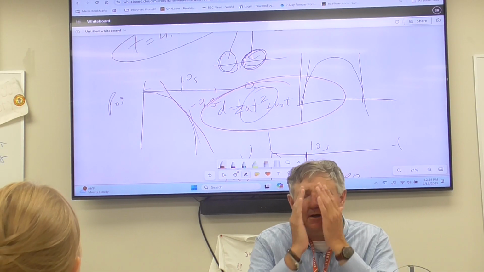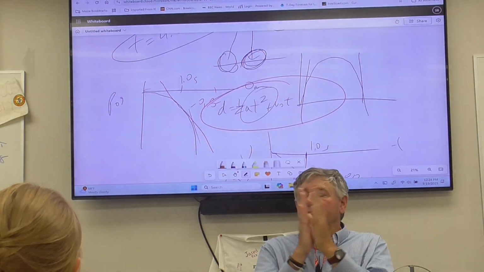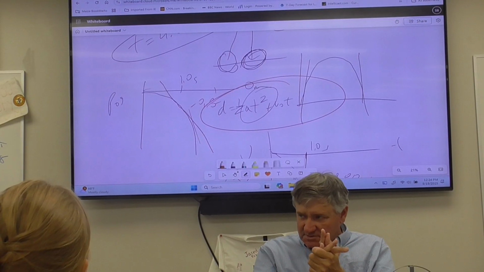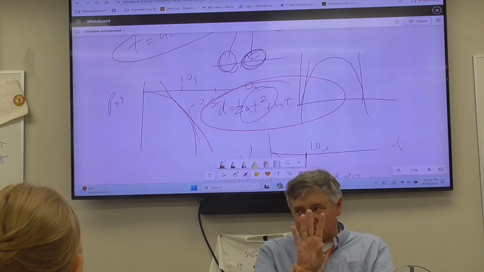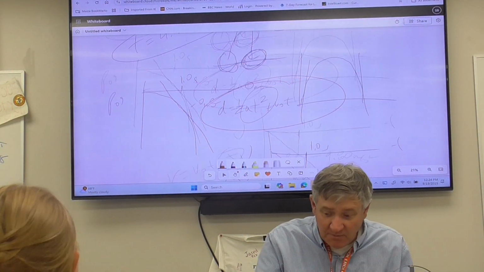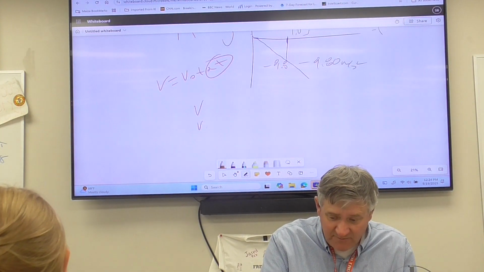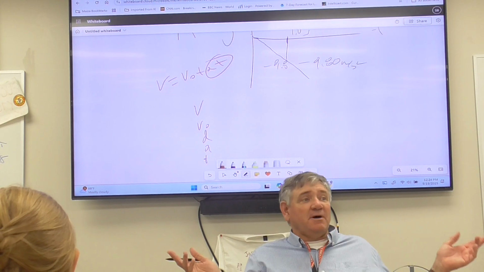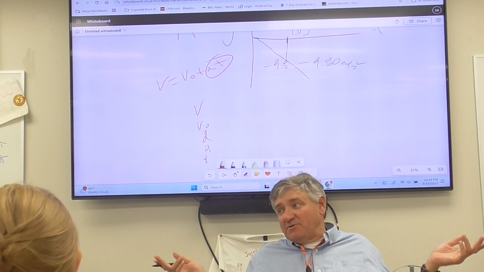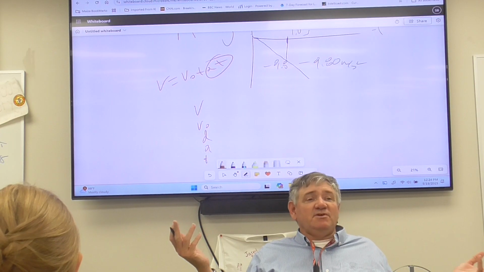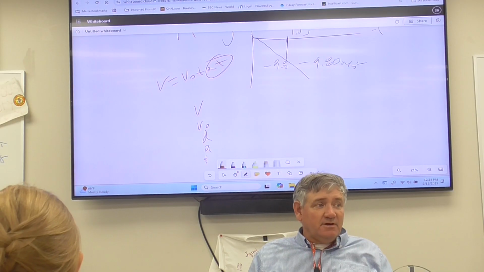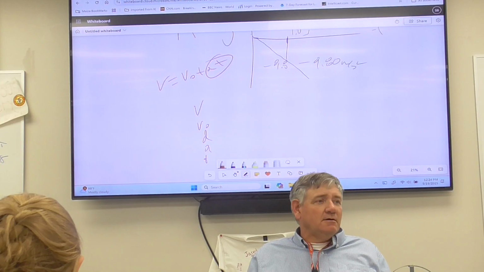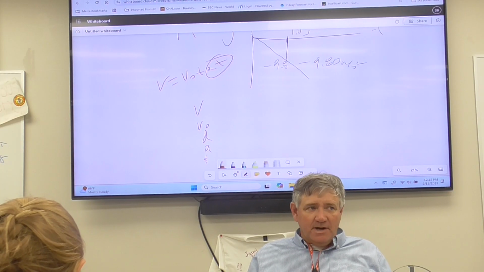Big thing: do not get completely wrapped up in the equations. Solve the equation first. You only have 4 equations to choose from, and you only have 5 variables: v, v naught, distance, acceleration, and time. You don't have to worry about mass. You can't plug mass into these equations if you try. You know why I've never given you the mass of the squirrel that falls out of the tree? It doesn't matter. You can't plug the mass of the squirrel into the equation if you try. The mass of Rocky the squirrel doesn't matter.